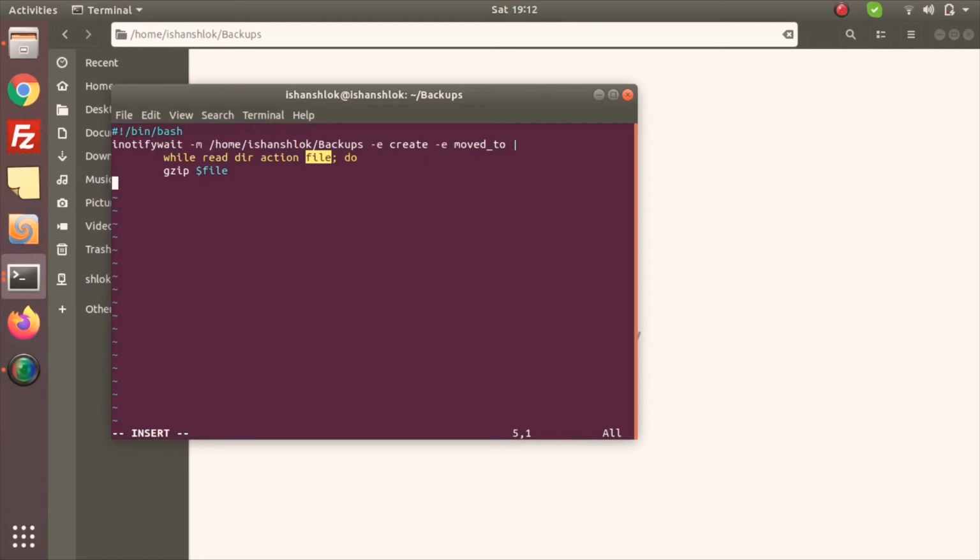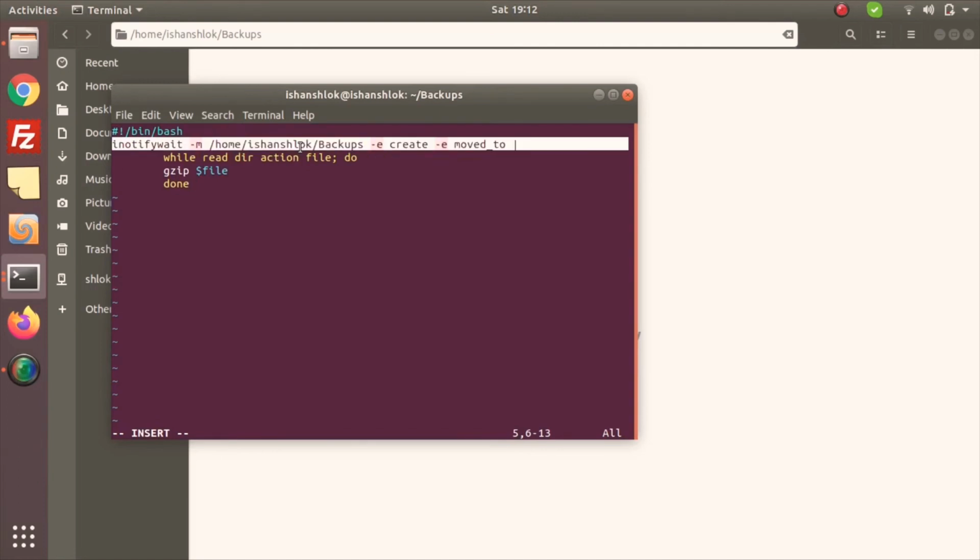And just done. So what we are doing here is we are seeing whether some kind of event is happening, and if that happens, then we will convert that file. In our case, we want the file to get converted to a compressed version of itself.